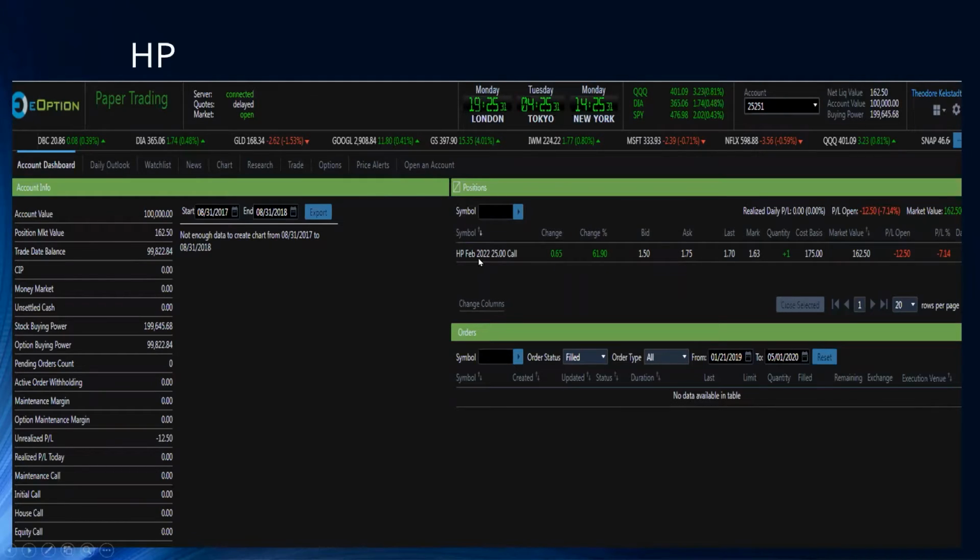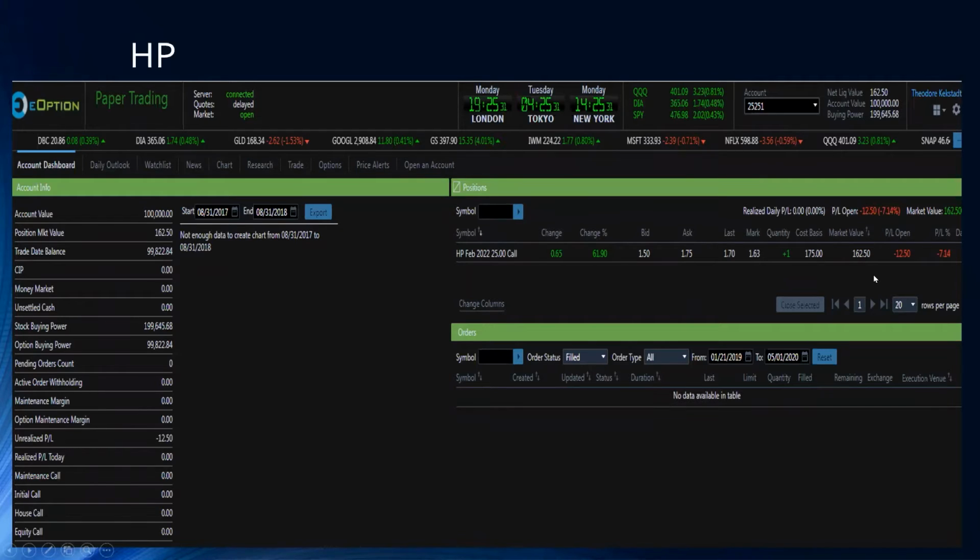And it shows you right here: HP February 2022 $25 call. It tells you already the change in price, what has happened since you purchased it, and the change percentage also. And it shows you the current bid and ask for the option. It tells you the last trading price. Then it says your quantity right here, which is +1. Remember, you bought 1. Your cost basis was the 175. It tells you your market value here of